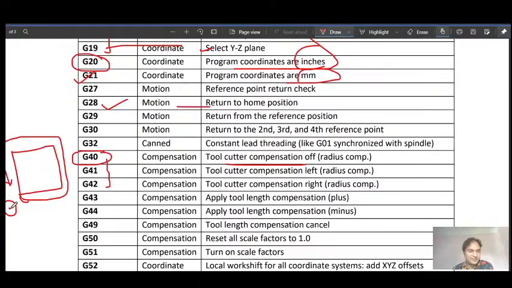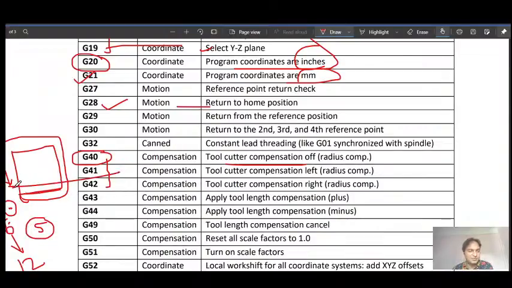If we have to mill, say, 5 mm and the tool radius is 6 mm, so tool diameter is 12 mm, what would be the position of the tool axis from this edge, because you need to mill 5 mm from this edge?